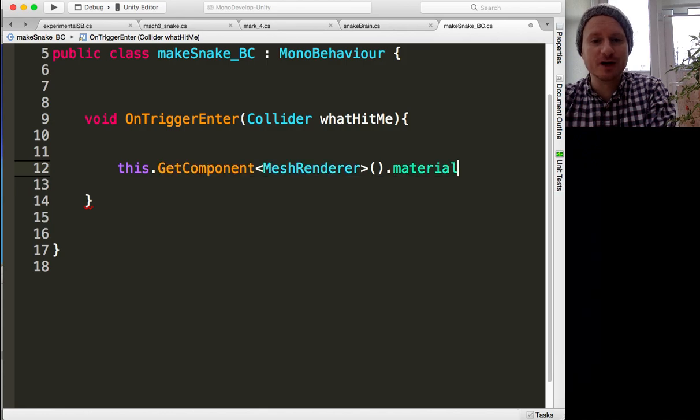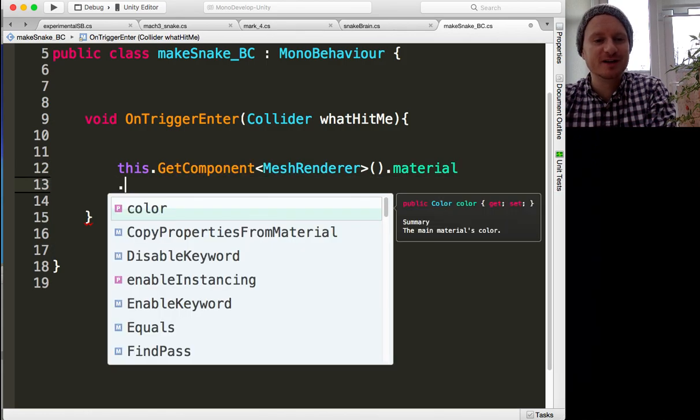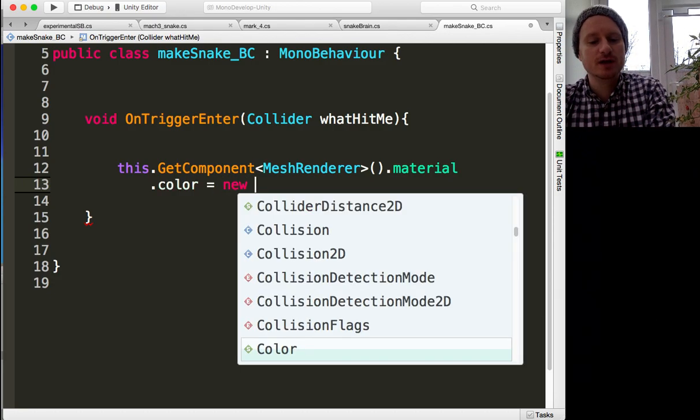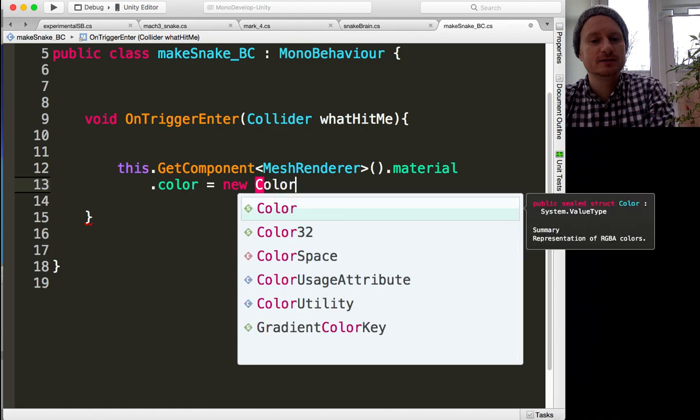I'm just going to go onto a new line because my font's so big now. Color equals, and now we could make it go red. So we could say equals new color,